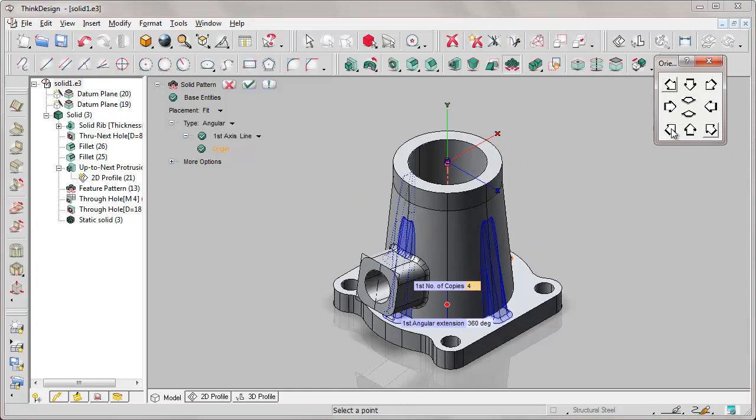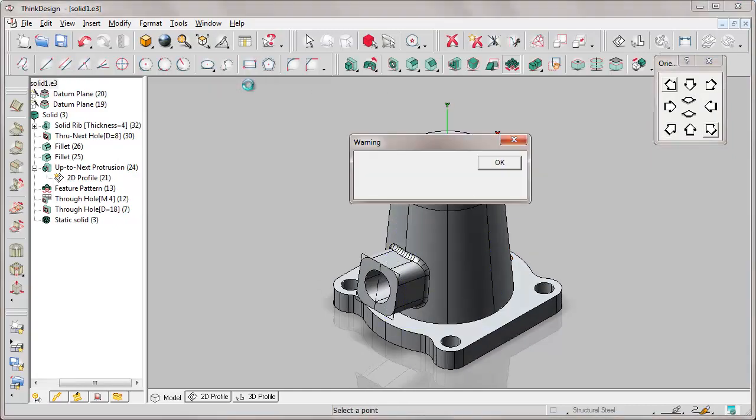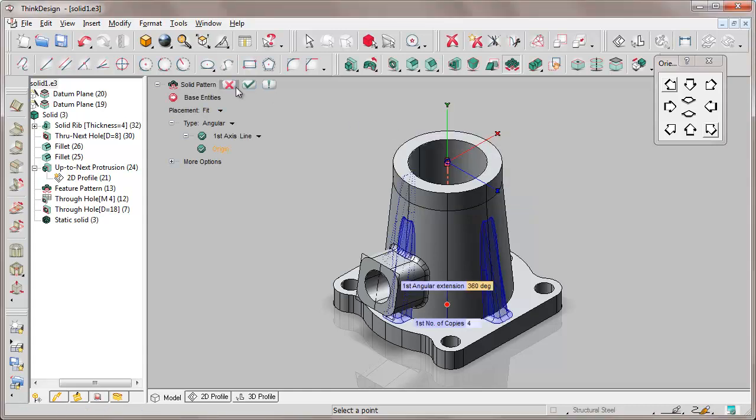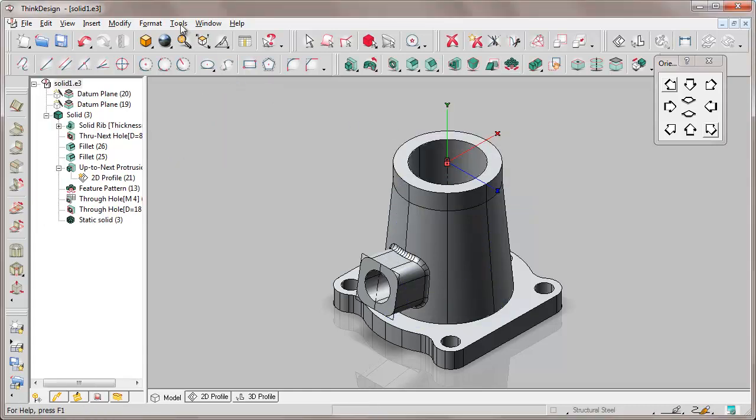However, ThinkDesign displays a warning message stating that the solid is open, therefore it cannot make the required feature.